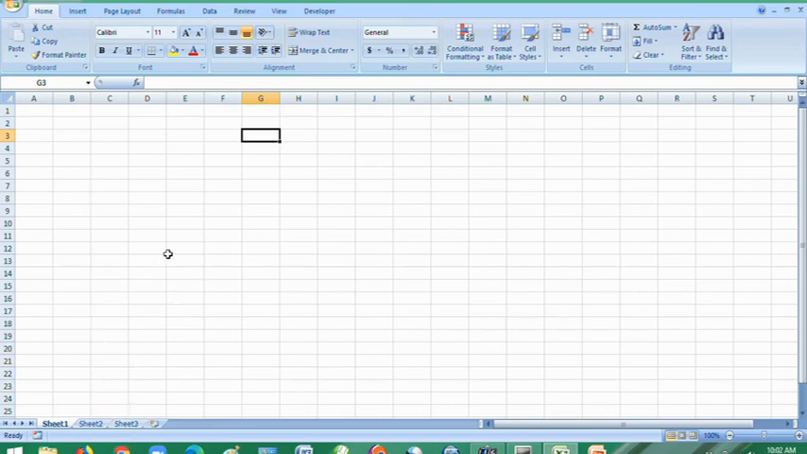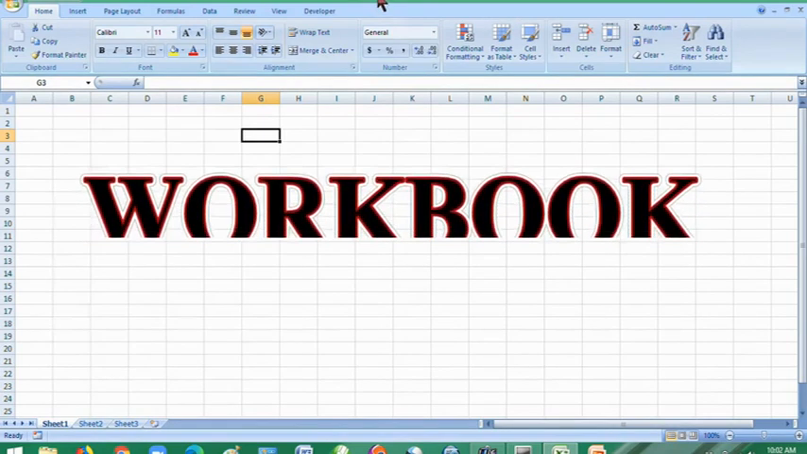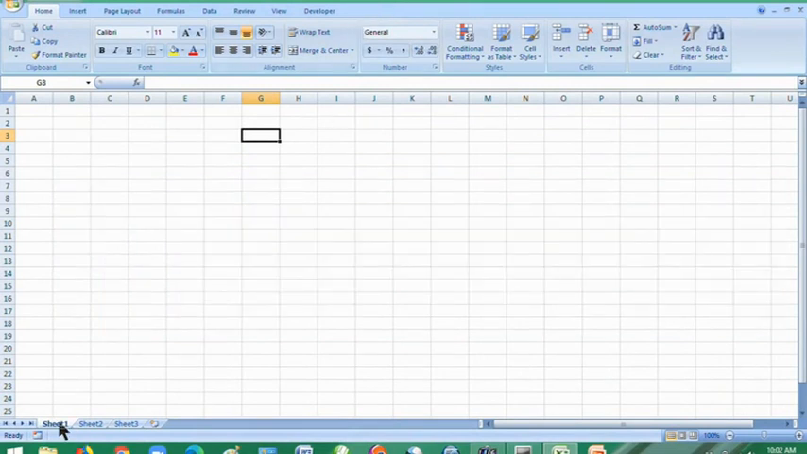Then you may wonder, what is a workbook, or Book1 that you have here? A workbook is a file containing one or more worksheets to help you organize your data. That means this workbook now contains these worksheets, and it is the worksheet now that will help you to organize your data by entering your data into these cells that you have here. That's number one thing you have to know about